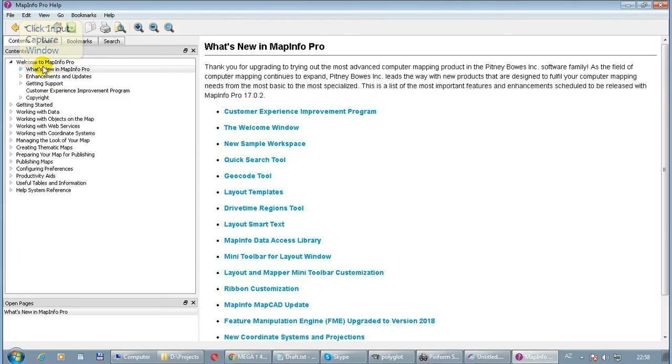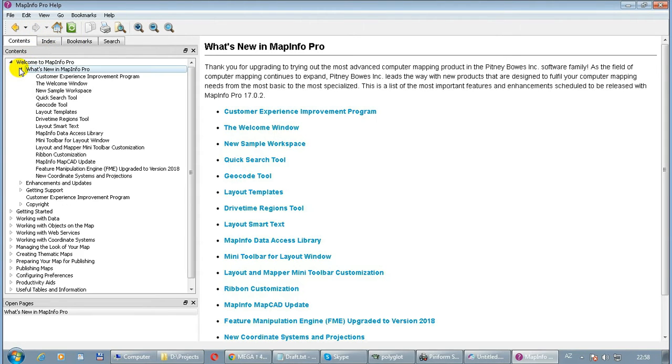What's new in MapInfo Pro? Thank you for upgrading to, or trying out, the most advanced computer mapping product in the Pitney Bowes Inc. software family. As the field of computer mapping continues to expand, Pitney Bowes Inc. leads the way with new products that are designed to fulfill your computer mapping needs from the most basic to the most specialized. This is a list of the most important features and enhancements scheduled to be released with MapInfo